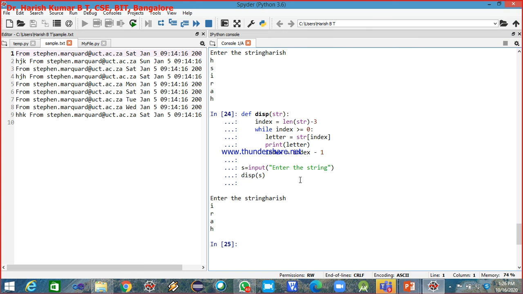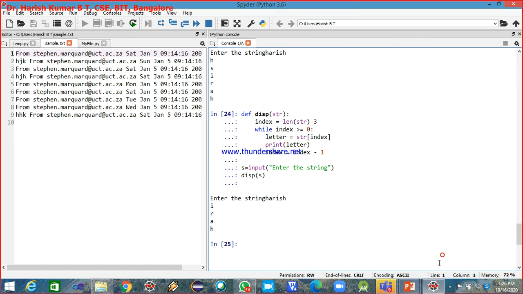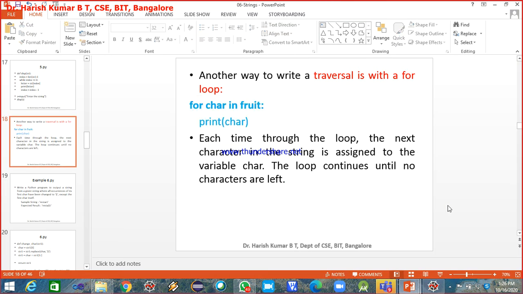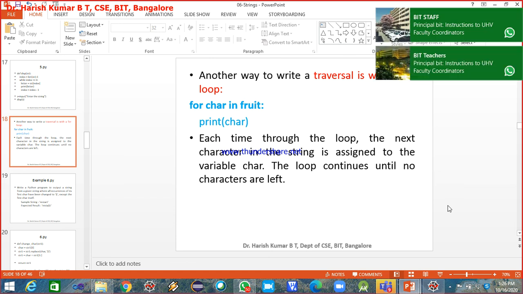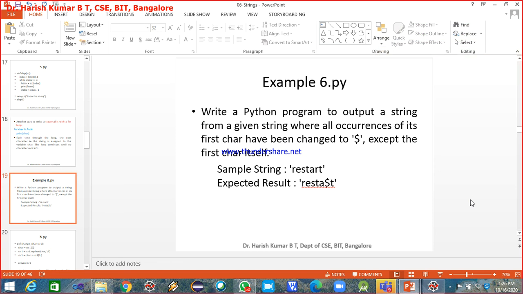This is possible if you are using the while loop, but if you are using the for loop, you have to iterate all the elements, and you can do it only in the forward direction; the reverse direction is not possible. Try to do this example.